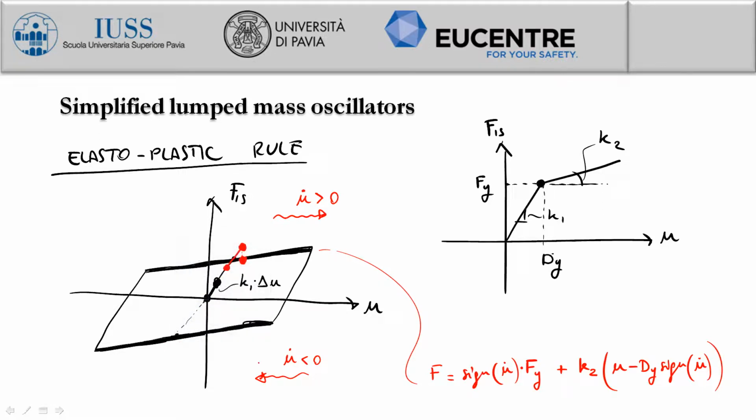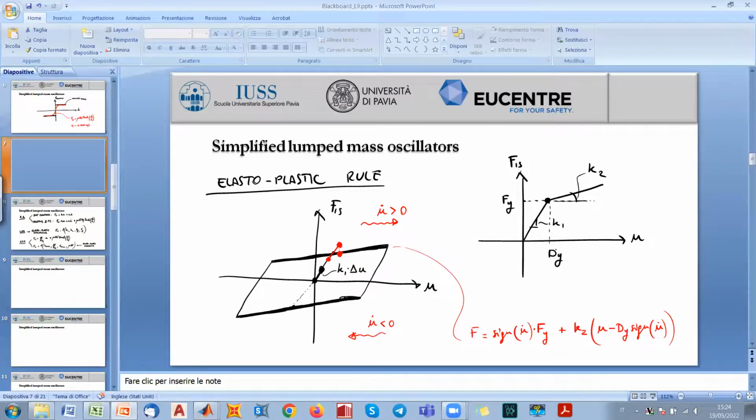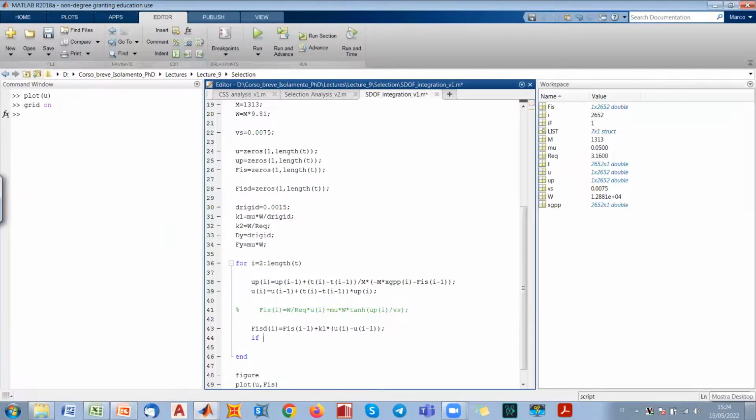Because when the velocity is negative, we have both the yielding force and the yielding displacement negative, so this becomes plus. When the velocity is positive, accordingly we have the opposite, so positive value of yielding force and positive value of yielding displacement. And we can also say that, let's check firstly the position of the point. This will be very useful afterwards. So if this force is higher than or equal to the lower line, so minus Fy plus K2 times U at the height plus dy,